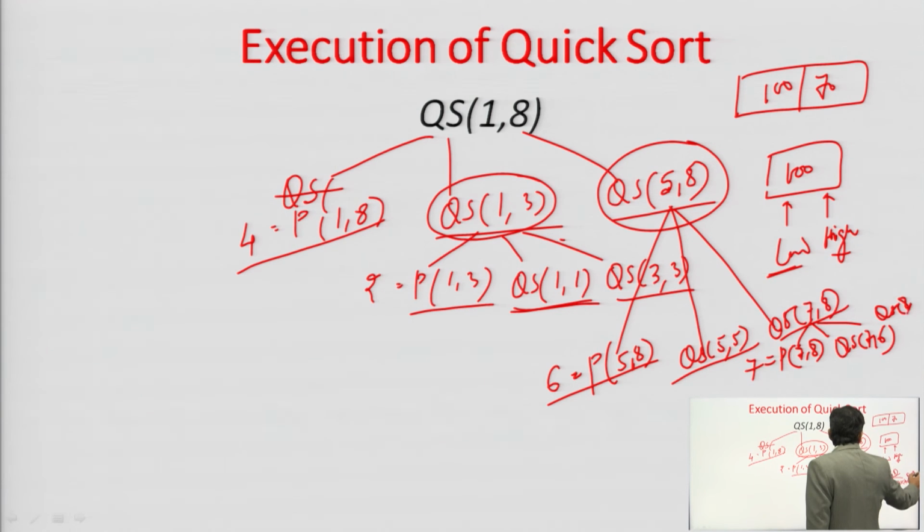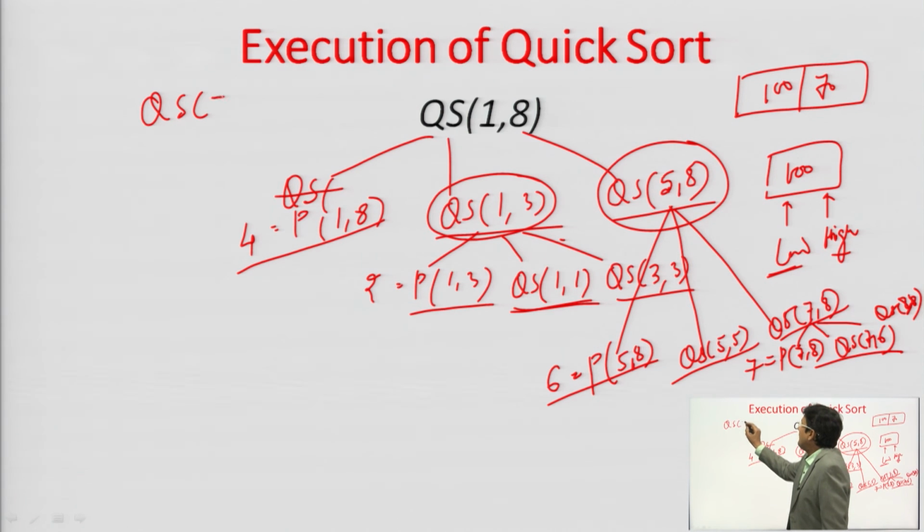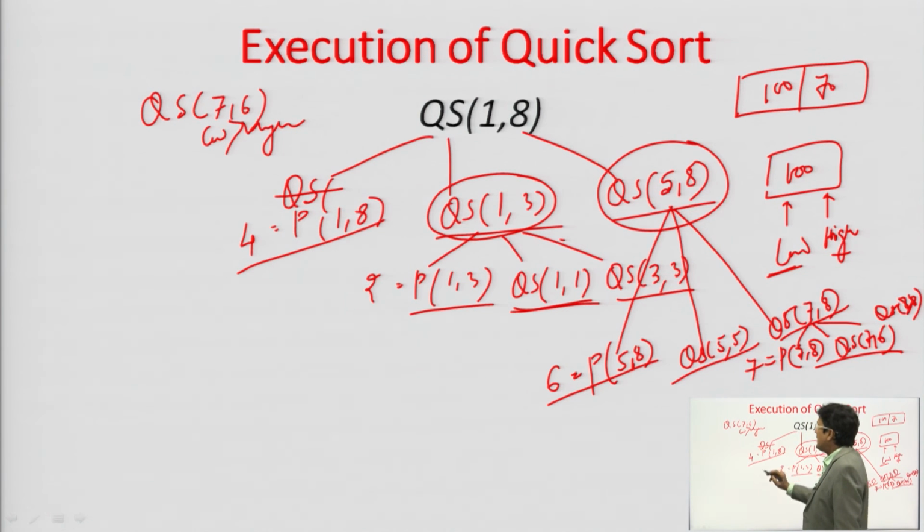So, j plus 1 to high will be 8 to 8. Now, quicksort 7 to 6 means that this is low and this is high. The condition has happened that low has become greater than high. So this is actually not possible, and quicksort will not proceed. Similarly, we have quicksort 8 8 that will also not proceed, because it has a single element only,